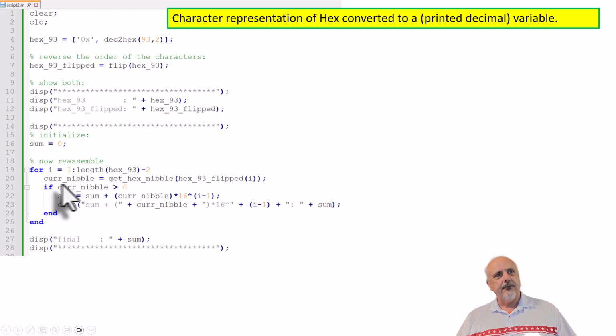And check this out. Now I've got to figure out what my current nibble is. So I'm going to have to create a function, getHexNibble, and I'll show you that in a minute. So getHexNibble, and I'm going to give it the flipped nibble, the flipped character coming in out of that array, the ith one. And if that curNibble is greater than 0, I'm going to go curNibble times 16 to the i